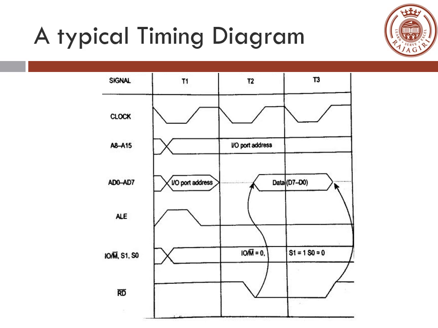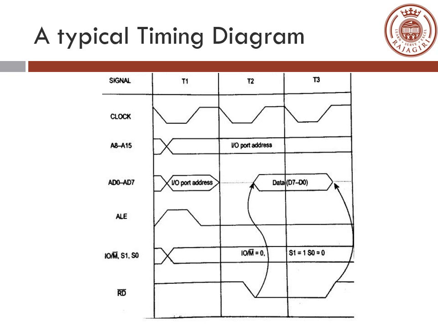You can see a particular signal. T1, T2, T3 represent 3 clocks or 3 T states. You can see the clock signal, and after that A8 to A15 is the higher order address. AD0 to AD7 represents the lower order address, and in some cases it will be the data, that is A7 to A0 or D7 to D0, and that selection is done based on the ALE. The next signal is the address latch enable. When it is high, AD0 to AD7 is considered as address. When it is low, that bus is considered as data bus.